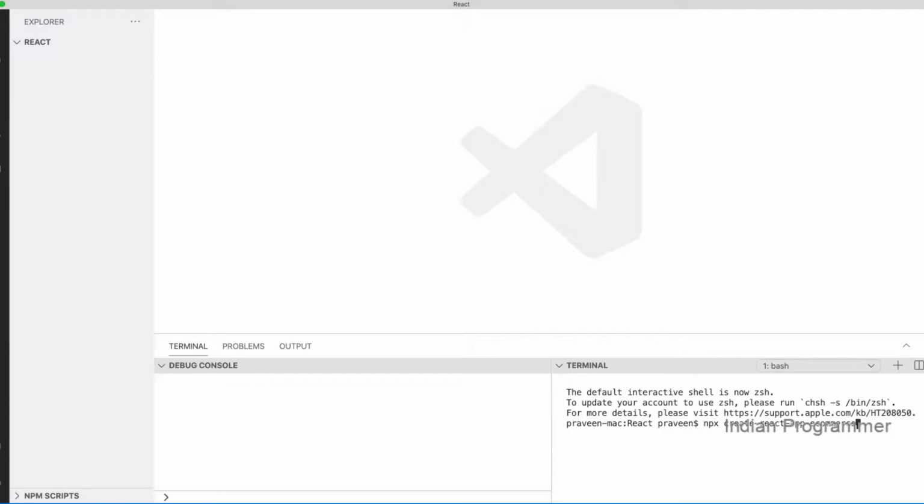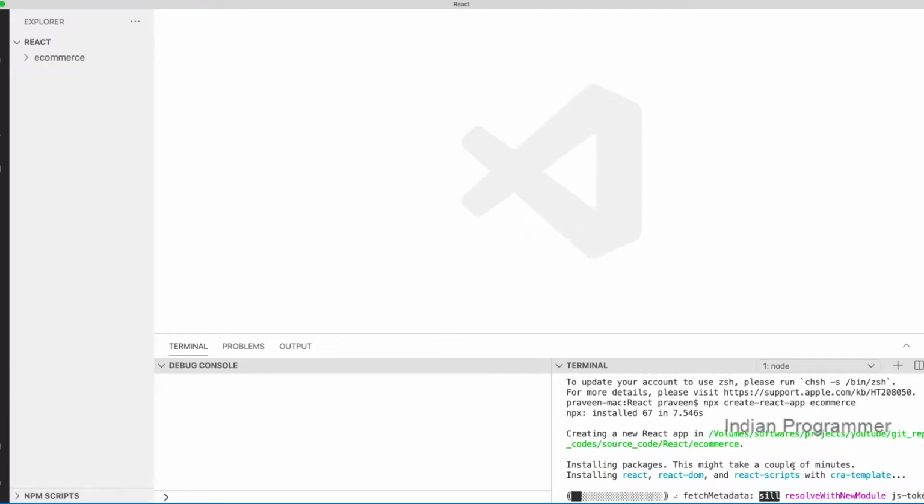This is the simple application I'm going to create now. Based on the internet connection it will take some time, so let it get created. Once it's created, yeah, I think it's created.